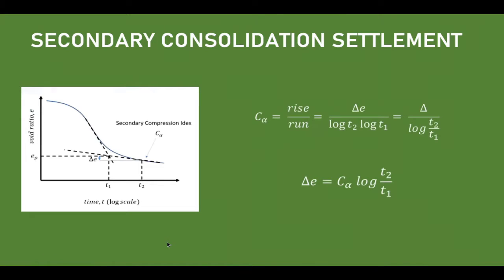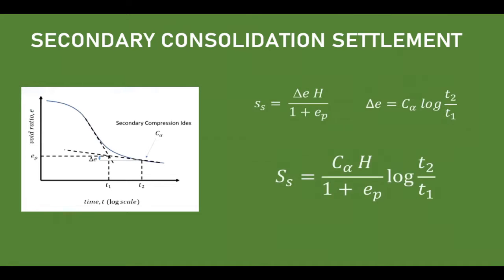To get the slope of the secondary compression index CA, it is simply equal to the rise over run, where our rise is equal to the change in E, and since the time is in logarithmic scale, it is now change in E all over log T2 minus log T1, or simply change in E all over the logarithmic ratio of T2 over T1. Arranging the formula, it has now become change in void ratio equals secondary compression index CA times the logarithmic ratio of T2 over T1. Finally, substituting the values, we can get the formula SS is equal to C alpha H